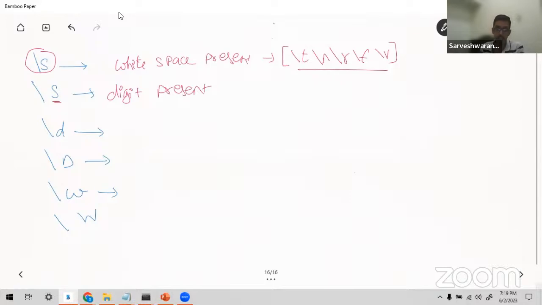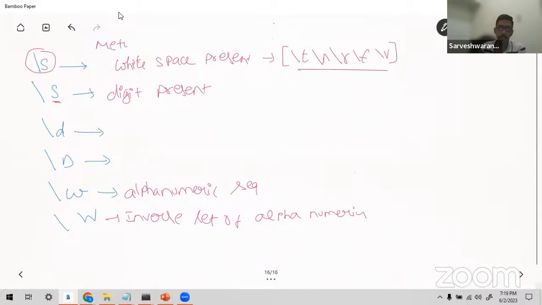If there is any alphanumeric sequence, or an inverse set of alphanumeric, so these are some shortcuts. You call them meta sequences, right? So this gets too technical.